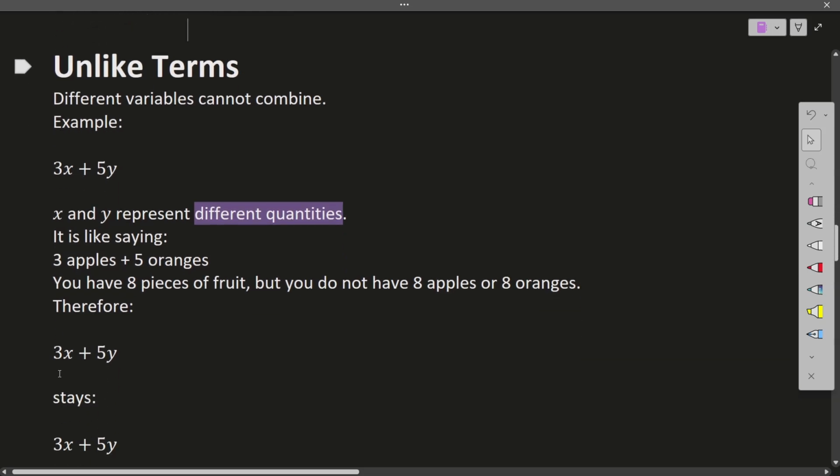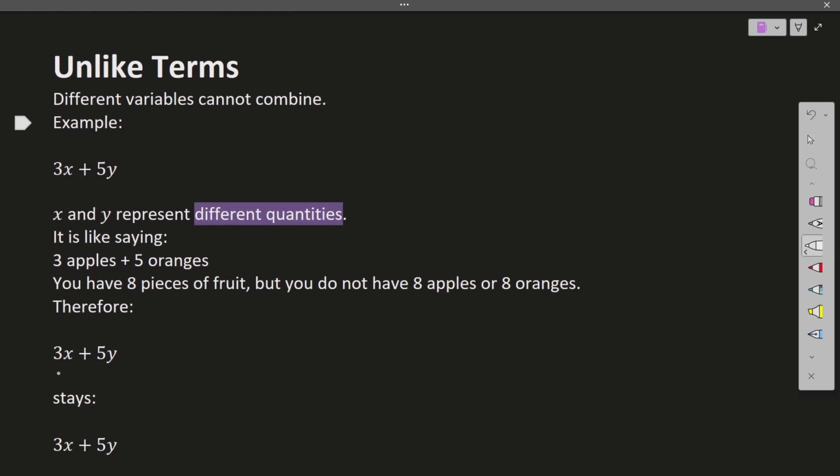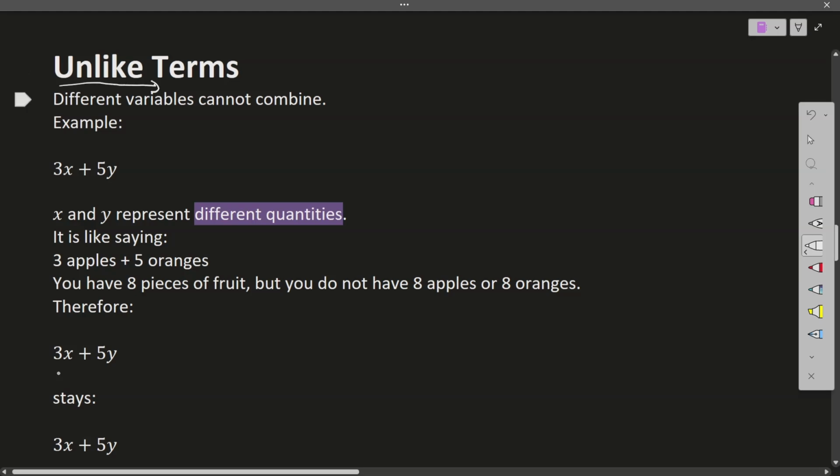And so now, like I explained in the previous examples as well, we are just explaining the professional terms used in textbooks. So now they're using the word unlike terms. These are different variables that cannot combine. For example, 3x plus 5y. I said in the previous example,